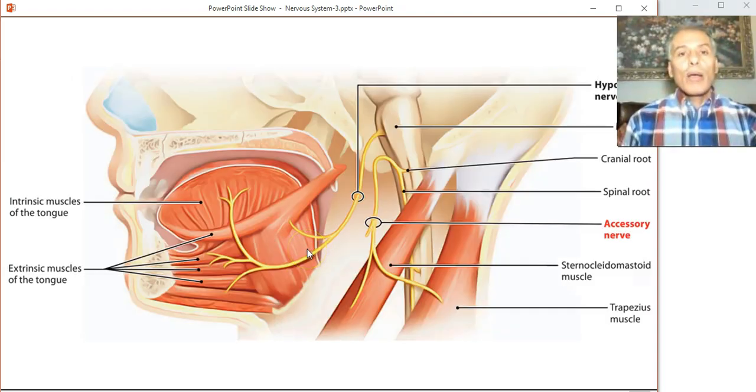And then we have the accessory nerve as it goes down, and you can see how it innervates muscles of the neck, and it goes down to innervate the shoulder. The next nerve is the